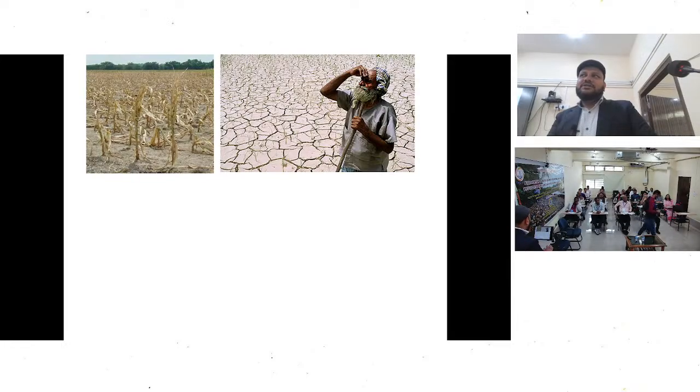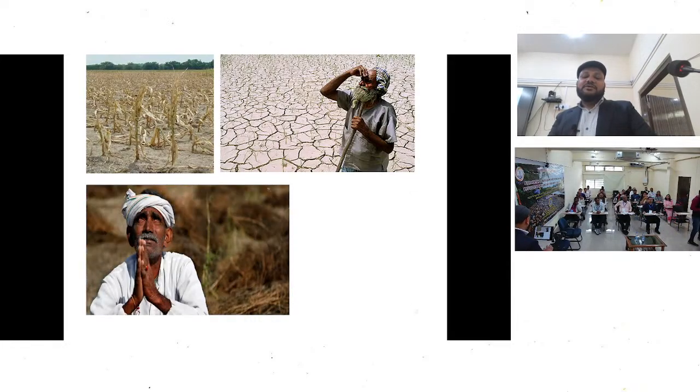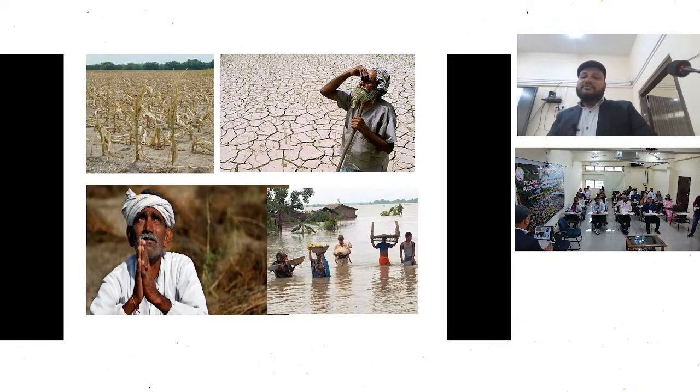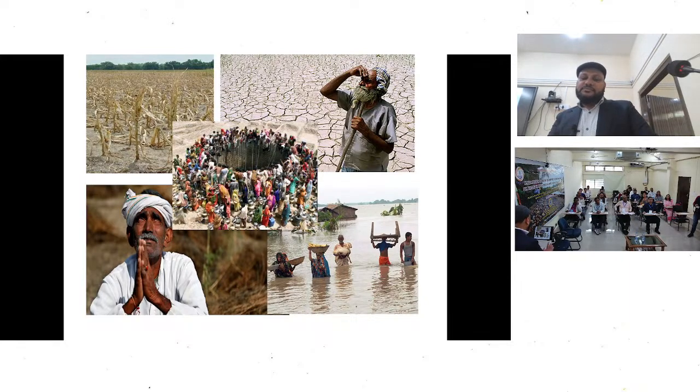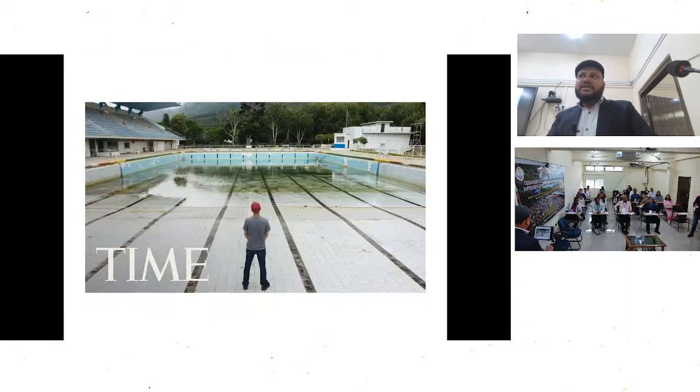There are some pictures showing why we plan any water resource projects. Some areas are drought-hit and some areas are flooded. And suppose we have made a swimming pool but there is no water, then it is of no use, as many reservoirs and many dams have been created, but no study has been done, so there is no water.